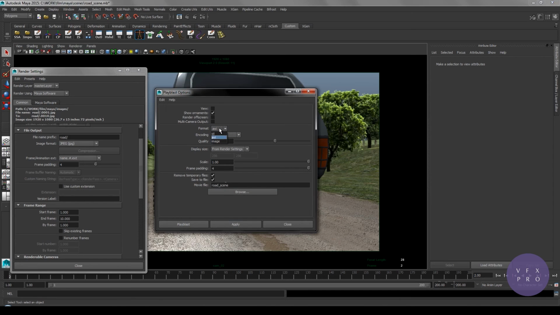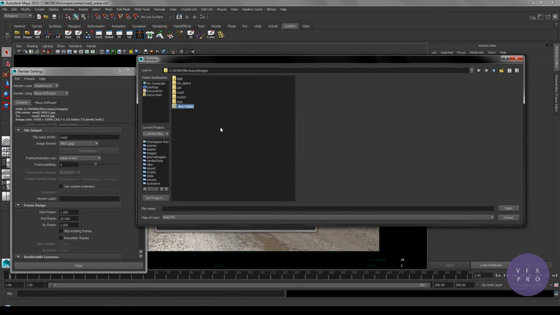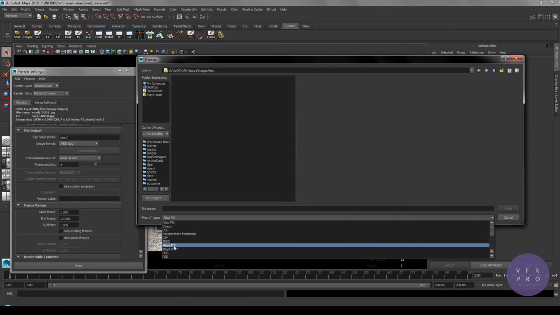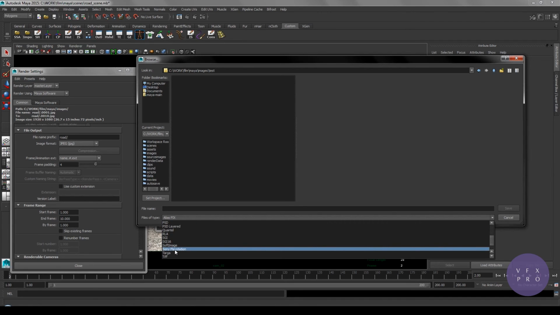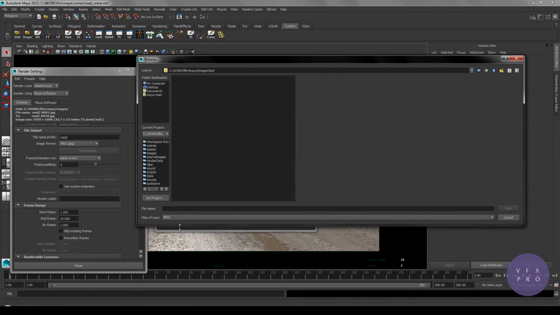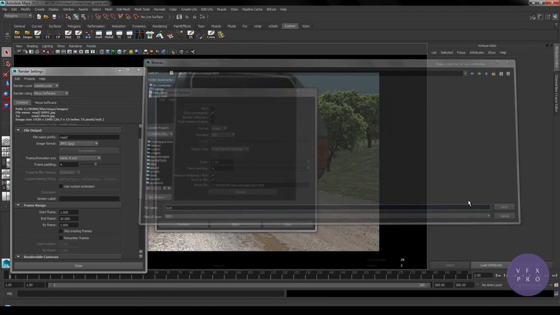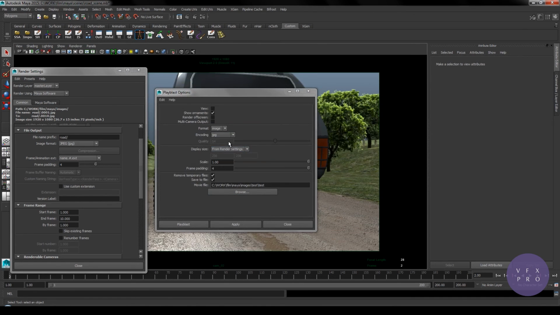and I'm gonna save it as the image, and let's say I wanna use the JPEG and create a new folder, set it test, and I choose the JPEG here as well. Say test, and